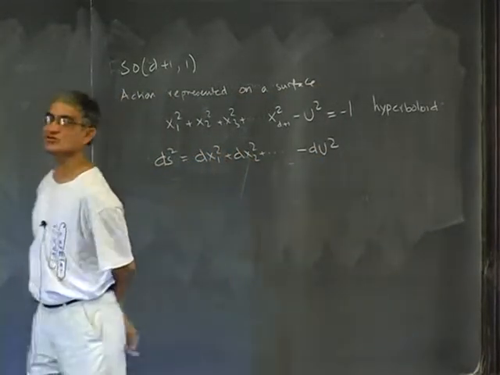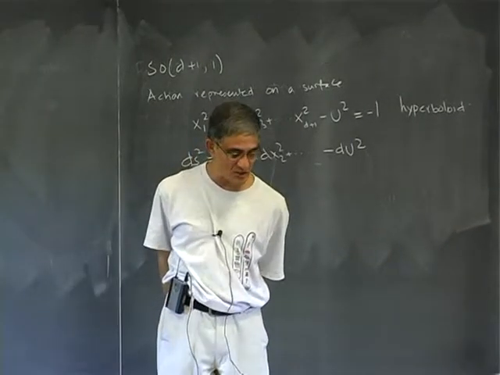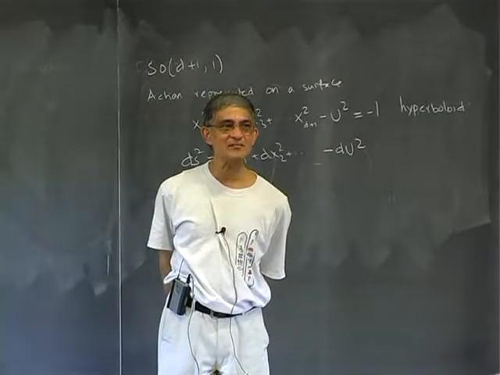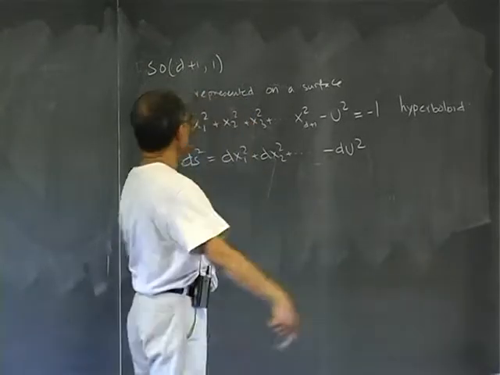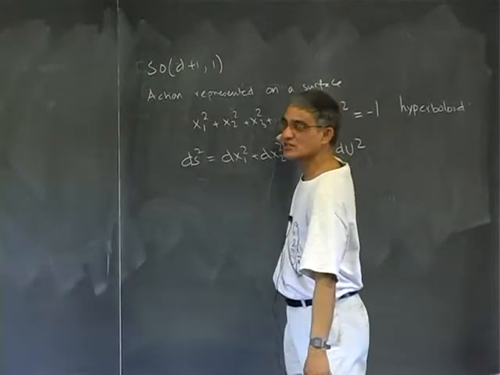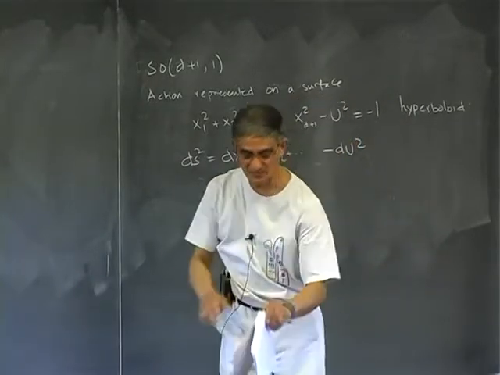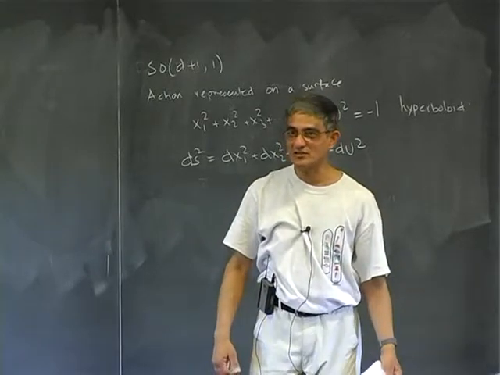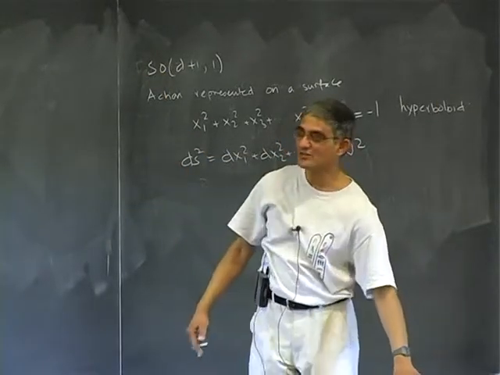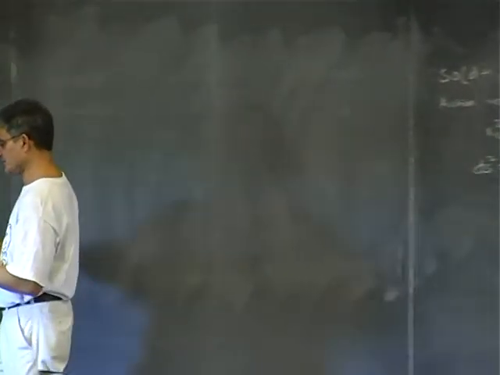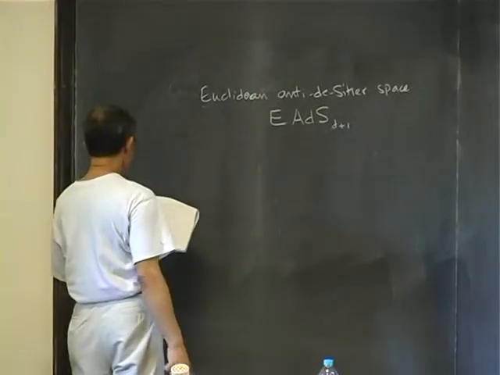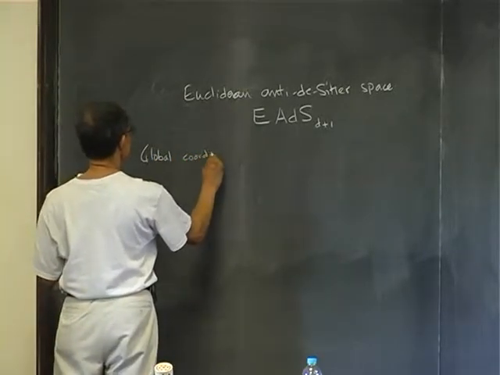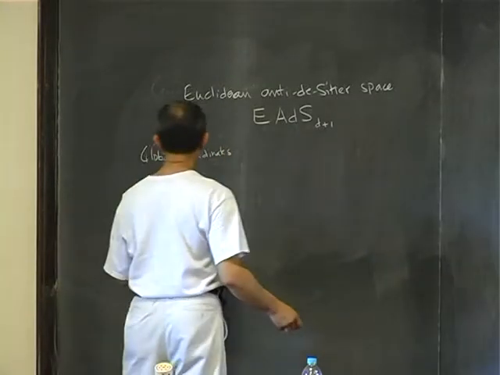Now, just as for a sphere, it's useful to write independent coordinates on the sphere, which are the angles. So you might as well use some parameterization of x1, x2 so that this equation is automatically solved. There are of course many possible parameterizations corresponding to various different coordinates which you pick on this hyperboloid which defines the space. I'll give you two of them which are particularly insightful. The first one is called global coordinates, and they are given by